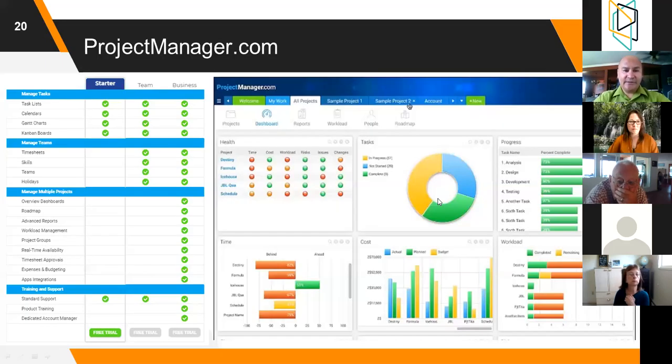is projectmanage.com. Let's look at all those colors. On this one, it's a little bit different, but it is a much more advanced tool. On the left, there are 3 different tiers: starter, team, and business. Task management is a big one. Again, this has Kanban boards, Gantt charts, calendars, and task lists. On the next tier up, you've got timesheets and vacations, and then the next tier up from there, you've got resource management, workload, reporting tools, and so on.